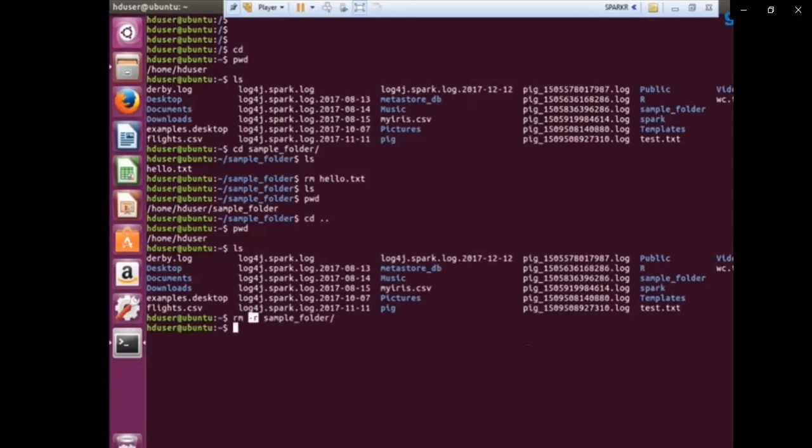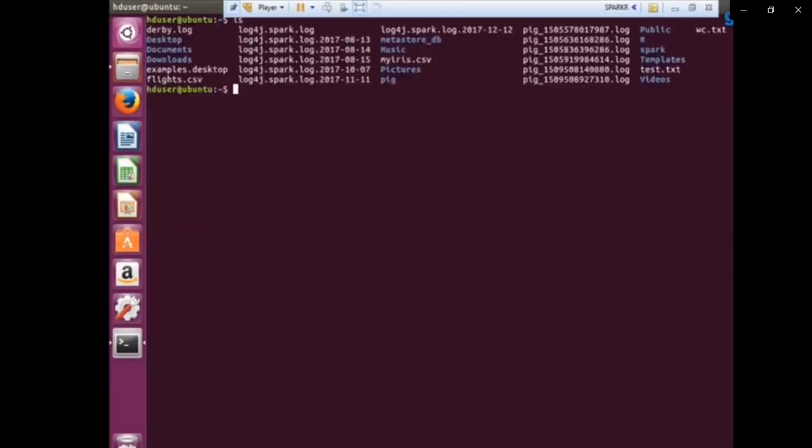So there is a difference while using rm -r and rm. If we use simply rm, it will remove the document. If we use rm -r, then it will remove all the directories, folders. So now check whether it is deleted or not.